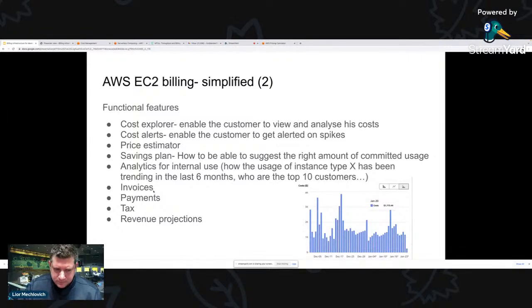And of course, we don't get away from invoices, payments, tax, and projections, right? Those are standard things we'll need to take care of, but they are becoming harder because they are dynamic. So what happens? I know this is not something we like to think about, but there was an incident, usage was wrong, we made a mistake, there was an invoice. How do we correct that? There's a lot of implications when the invoice is that dynamic. Okay.